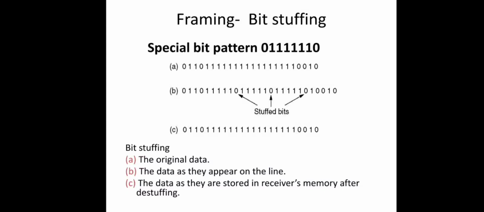So we have covered the second design issue in the data link layer, that is framing, and we have two more design issues: error control and flow control. Let us see the error control.